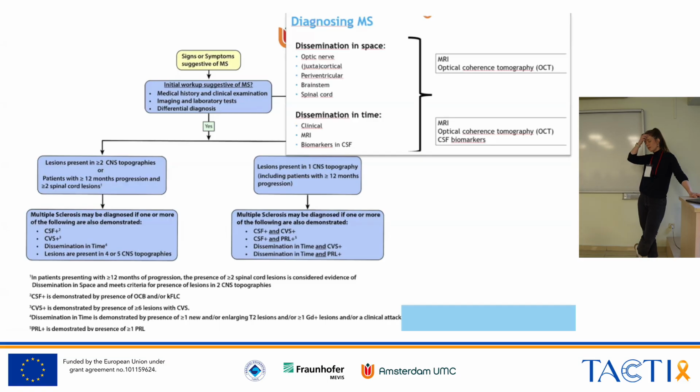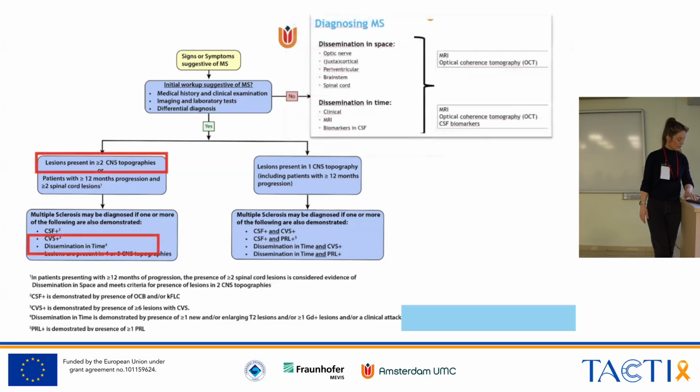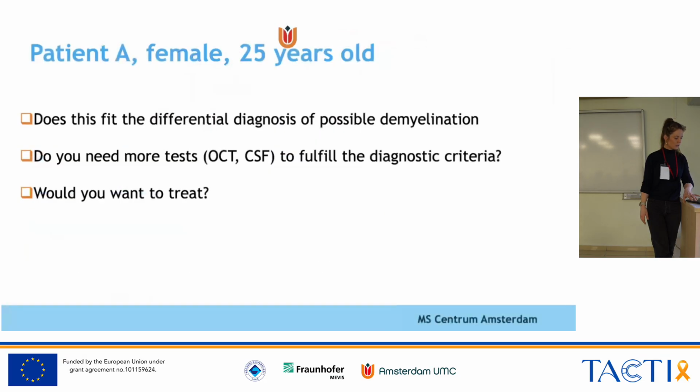I think this was the one that was still under the highest debate. I can remember 4 out of 5 locations in the brain. So if you have an RIS and you have 4 different locations with extensive lesions, then you could call it MS. But I'm not completely sure, and I have a graph of what it means. Yes, so we have 2 topographies, dissemination in time,